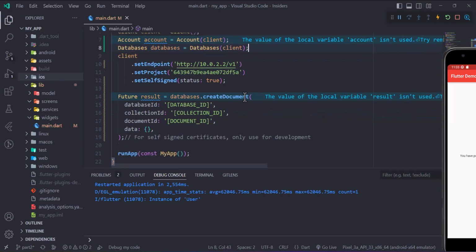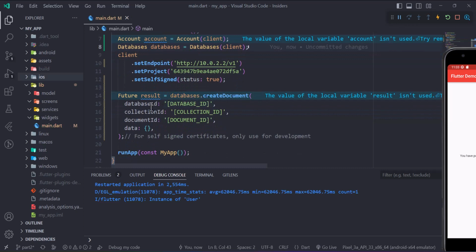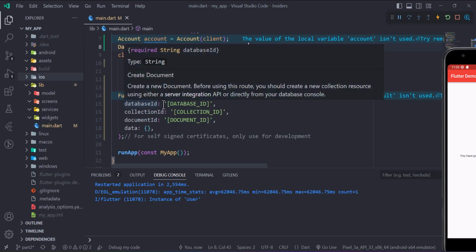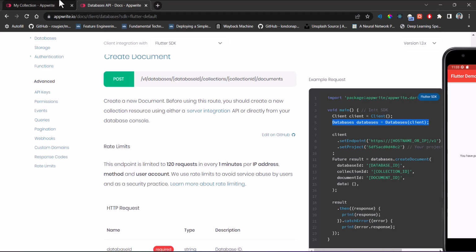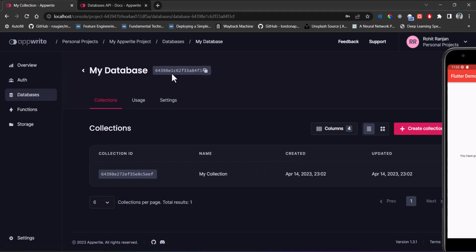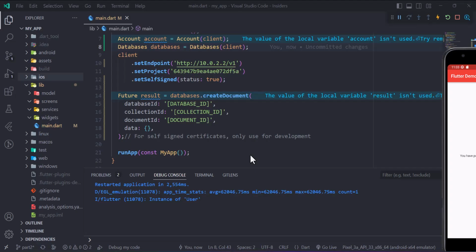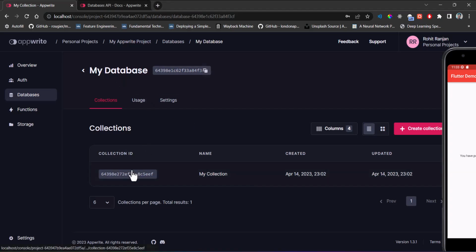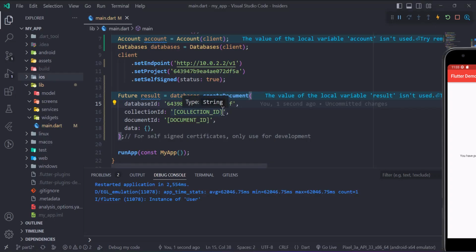Right, now this requires three things: database ID, collection ID, and then document ID. So where can we get a database ID? This is your database ID. Click copy and paste it over here. Now you also need a collection ID. So this is your collection ID. Click here and paste your collection ID. Now for the document ID, you can again use ID.unique,